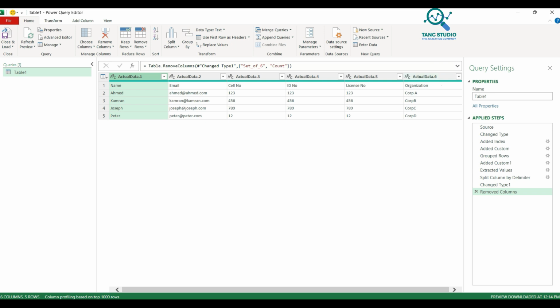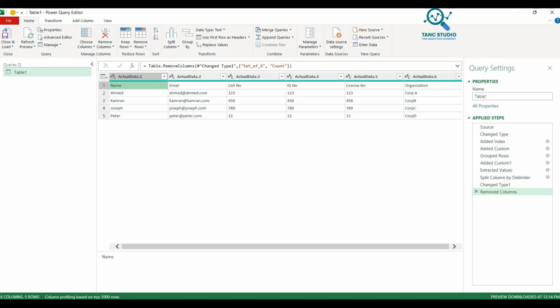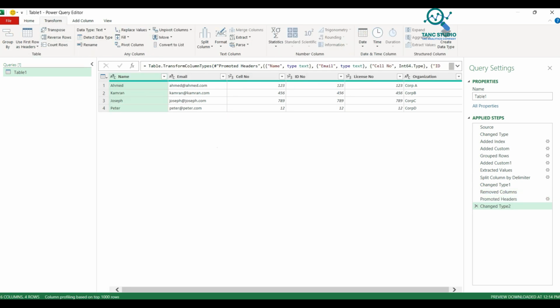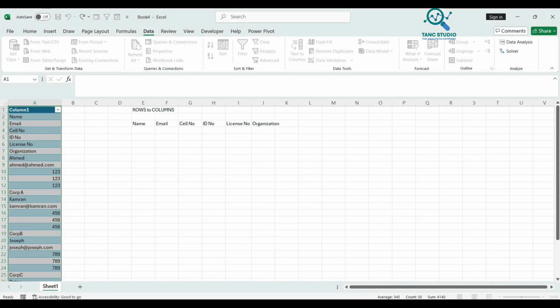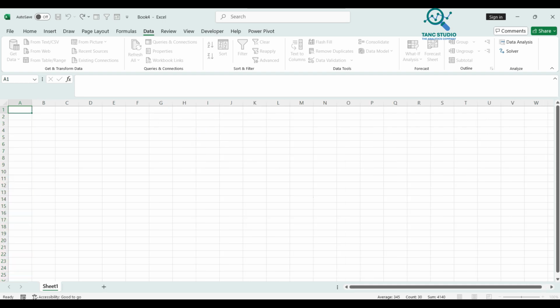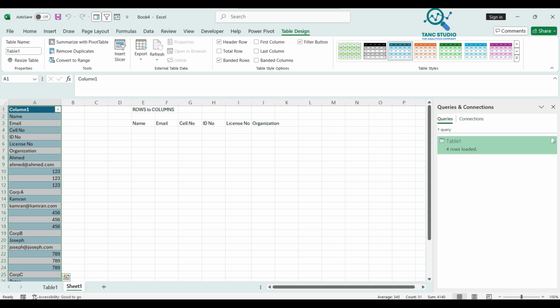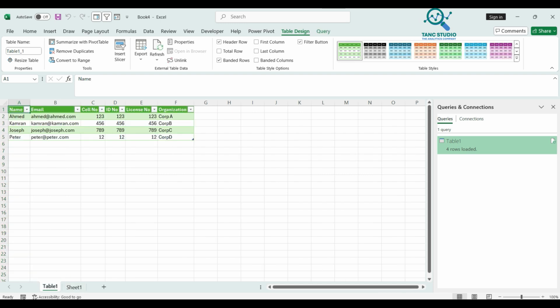But the headers are still not the same. So we know that the first row is the header. Transform, use first row as header. My data is organized. How simple it is. Just close and load. You got the data here. This is what exactly we needed. How simple it is. You can play with it, have millions of rows,